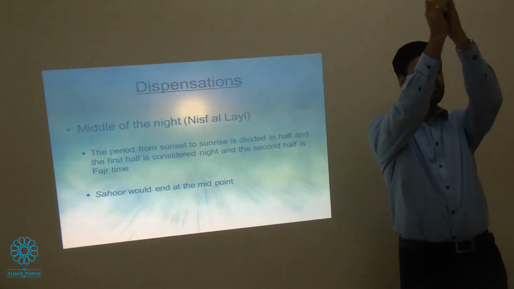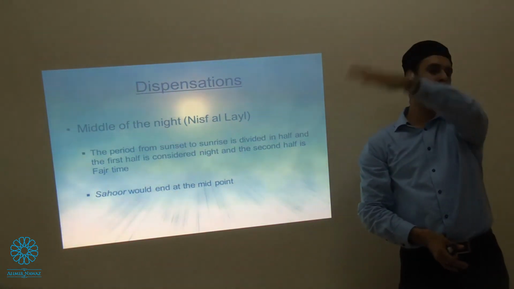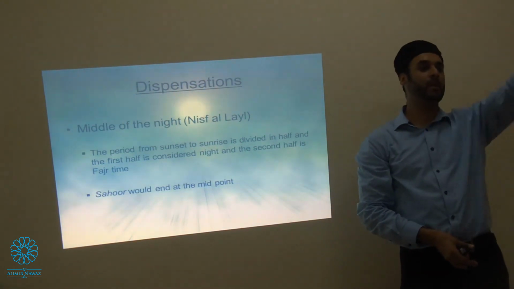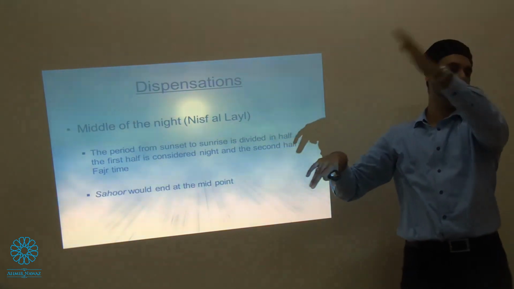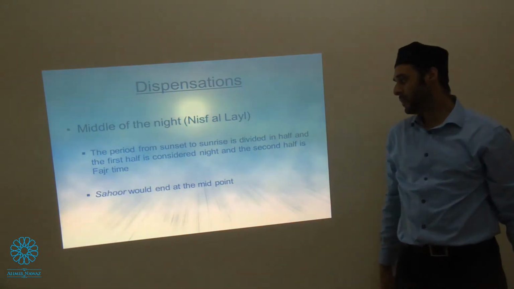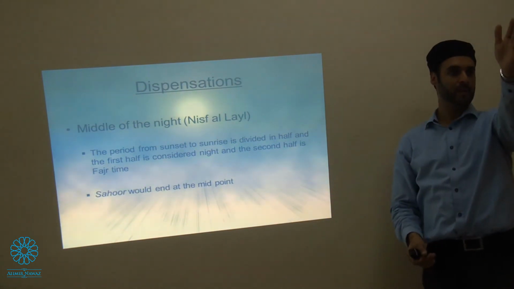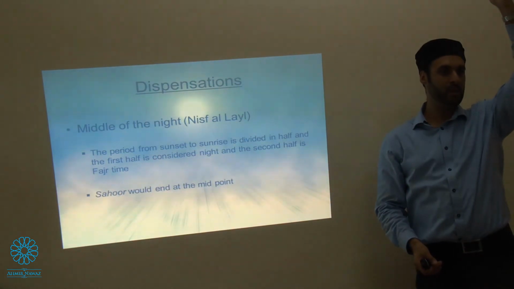So what you do is you halve the night. Now you make 1/2 for Isha, 1/2 for Fajr. So you pray your Maghrib, and after a time that the ulama stipulate, that's Isha now. Straight after that, any time after that, you can pray your Fajr. Suhoor would end at your midpoint. So when Fajr kicks in, even though the alamat, the signs, are not visible to you, Fajr has kicked in